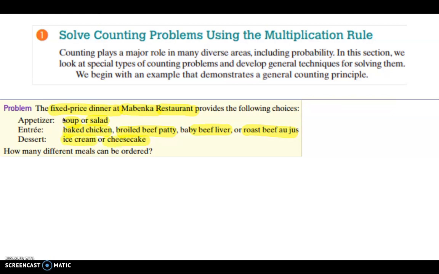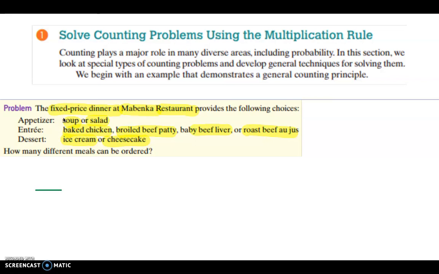And the question becomes, how many different meals can you order? One way I like to do these, and again, these are exclusive ors. You can only get one or the other. You can't select 2 appetizers, 3 entrees, and a dessert or anything like that, just for simplicity's sake in what we're doing here. So the idea of how many can we order,